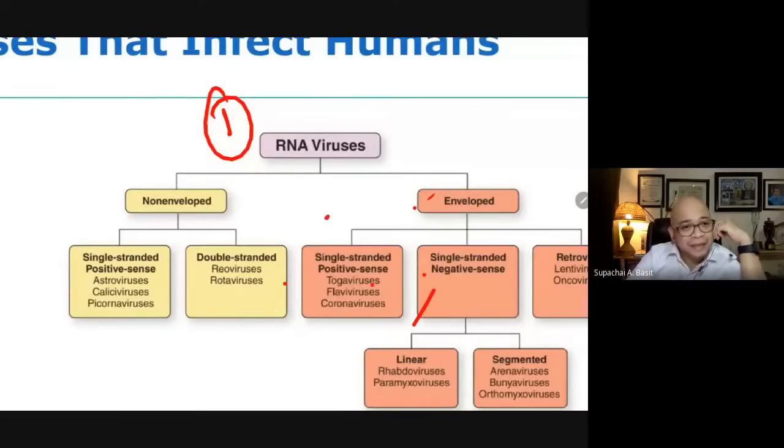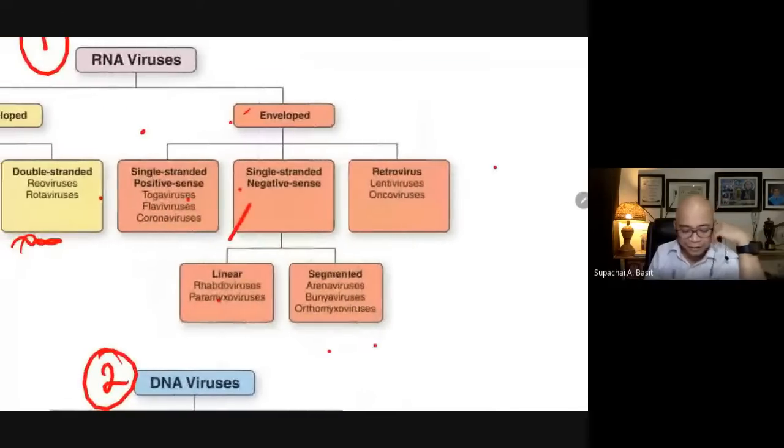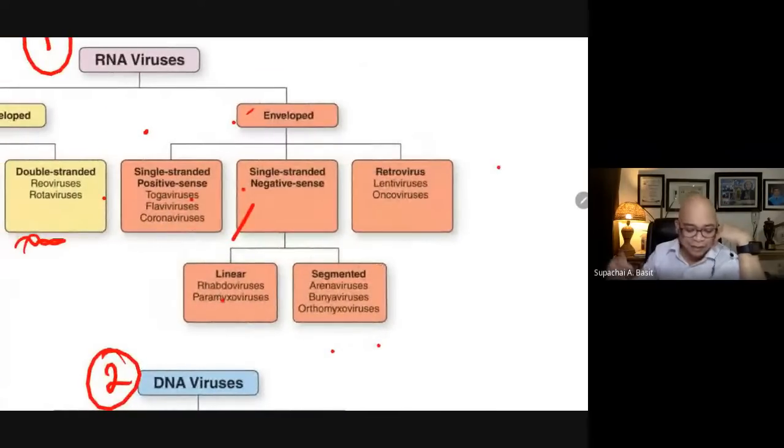Non-enveloped RNA viruses could either be single-stranded positive sense, meaning they have a single-stranded RNA, or double-stranded RNA. As regards the enveloped RNA viruses, they could be single-stranded positive sense, single-stranded negative sense,